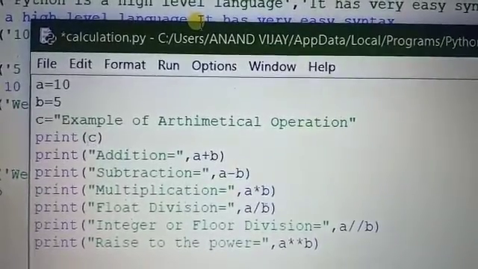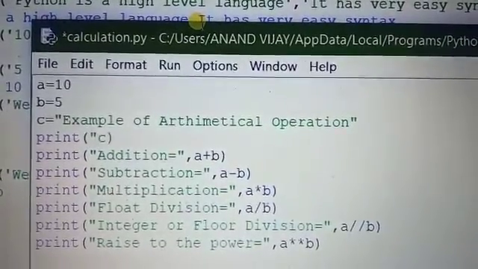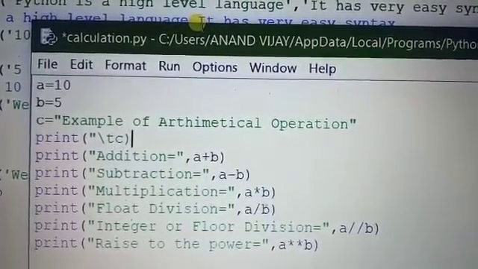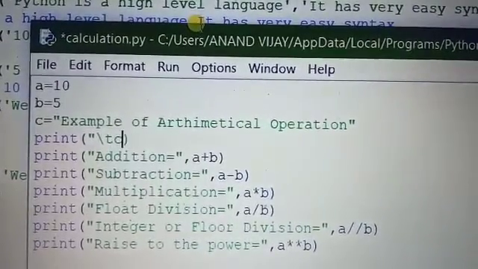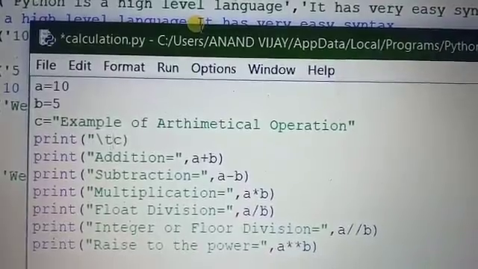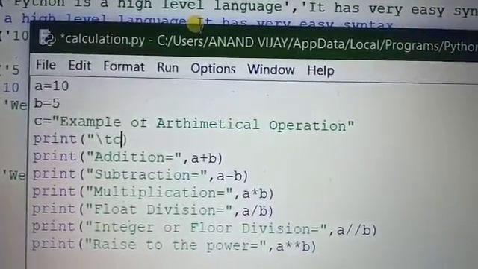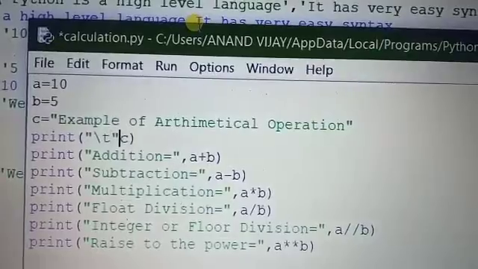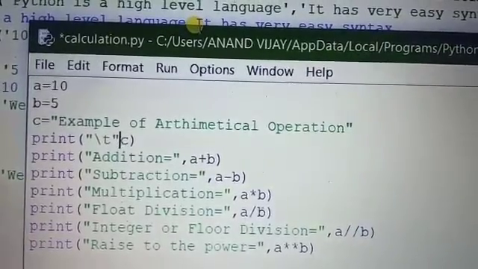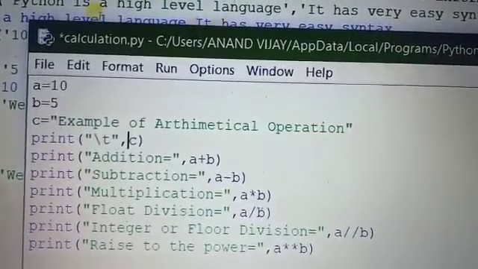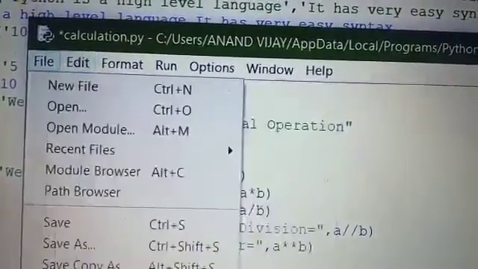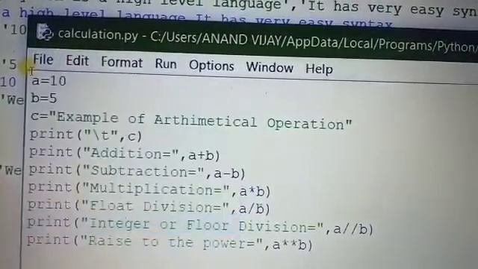We can also use the slash e to print this. Look what happened. This was modified by me, so save it.